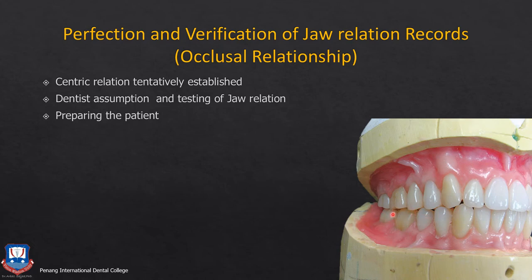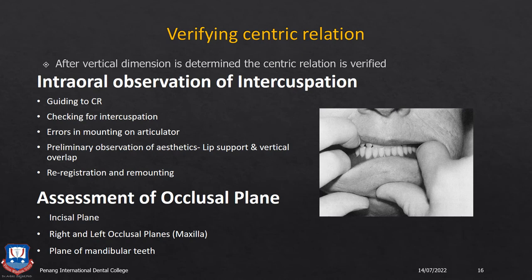The class 1 occlusal relationship should be visible, and there should be no evidence of the patient sliding the mandible from the centric position. This will create instability in the denture in the future. So you will check the centric relationship and the proper intercuspation of all the teeth in centric relation. If there are any errors, then you will take an interocclusal record and the mounting needs to be re-articulated on the articulator. Then you will correct the teeth arrangement, that is, the occlusal relationship,